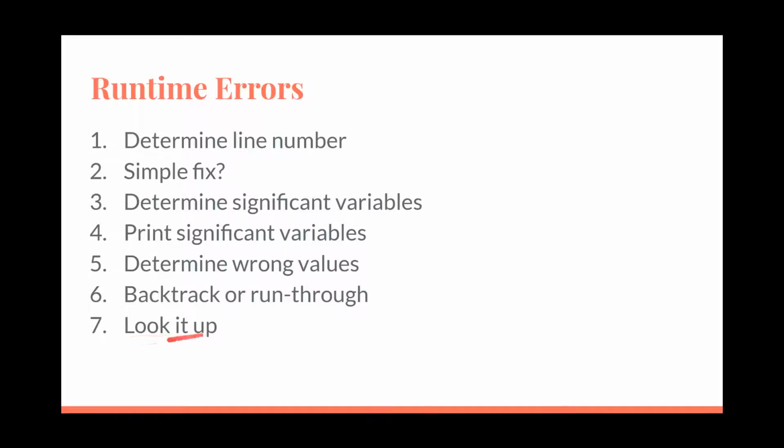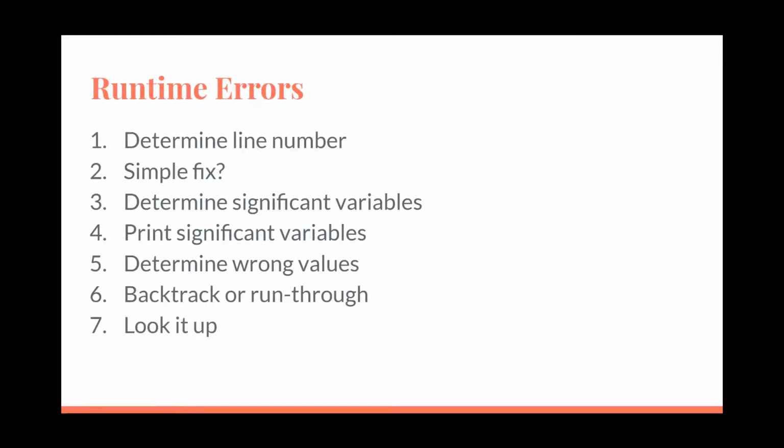I want to stress that I know I put look it up as an option or as a step here, but I want to emphasize that that's only as a last resort, and that most runtime errors that you run into, you can figure out just by looking through your code, figuring out what doesn't look right, and fixing it yourself. So, when it comes to runtime errors, the first step is to determine the line number at which the